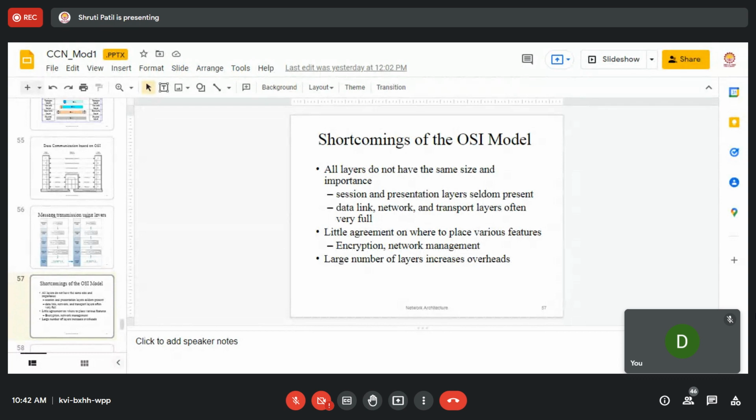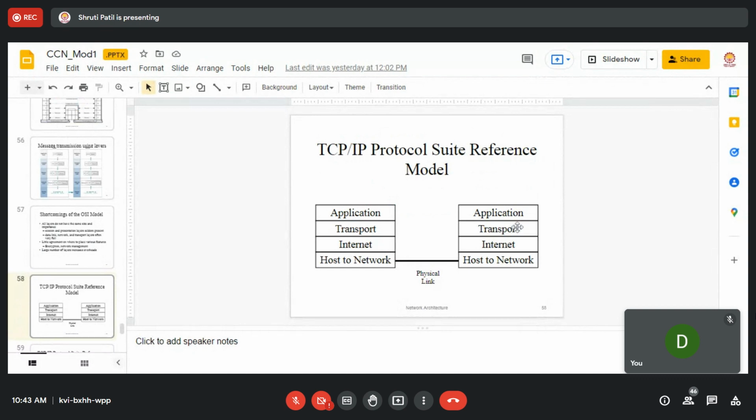When you are changing the technology and adding more applications, the existing technology has to support it. So there are a number of shortcomings of the OSI model. To overcome it, the TCP/IP model was introduced. It concerns where to implement a connection oriented service and where to implement a connectionless service. Now, in the OSI model's transport layer, you have connection oriented TCP and connectionless UDP. And at the network layer, you have IP, which is again connectionless.